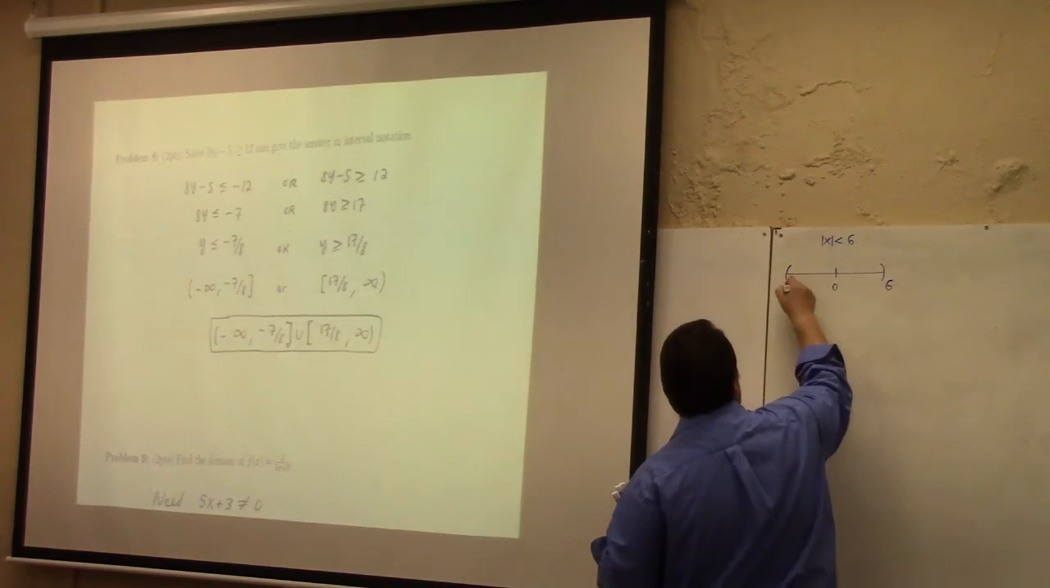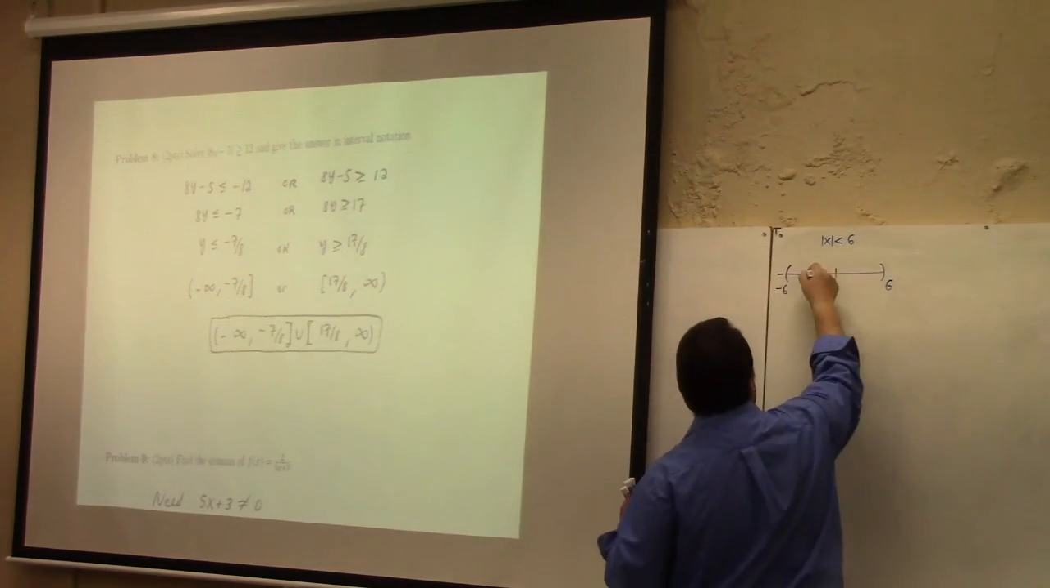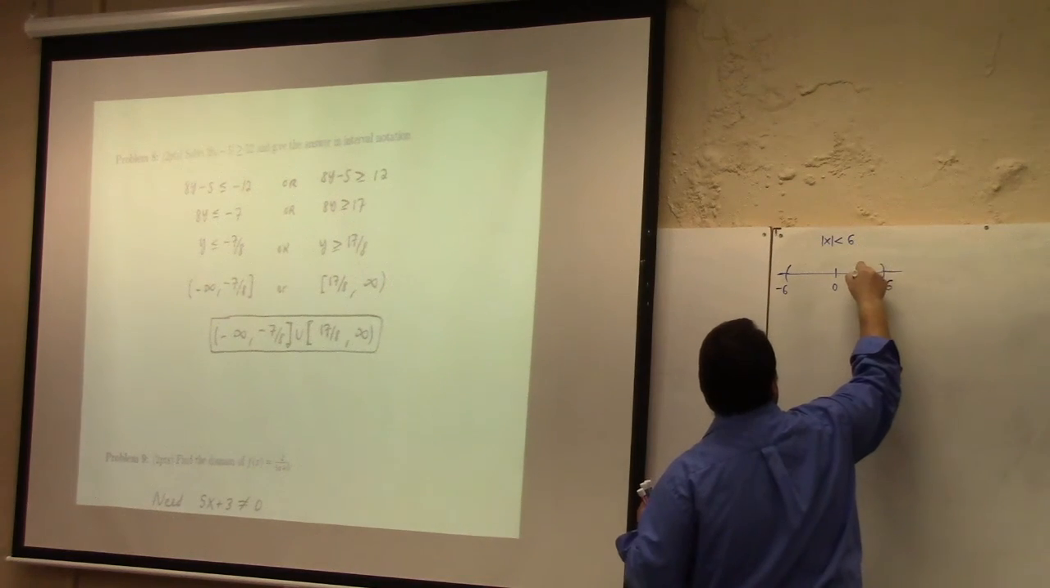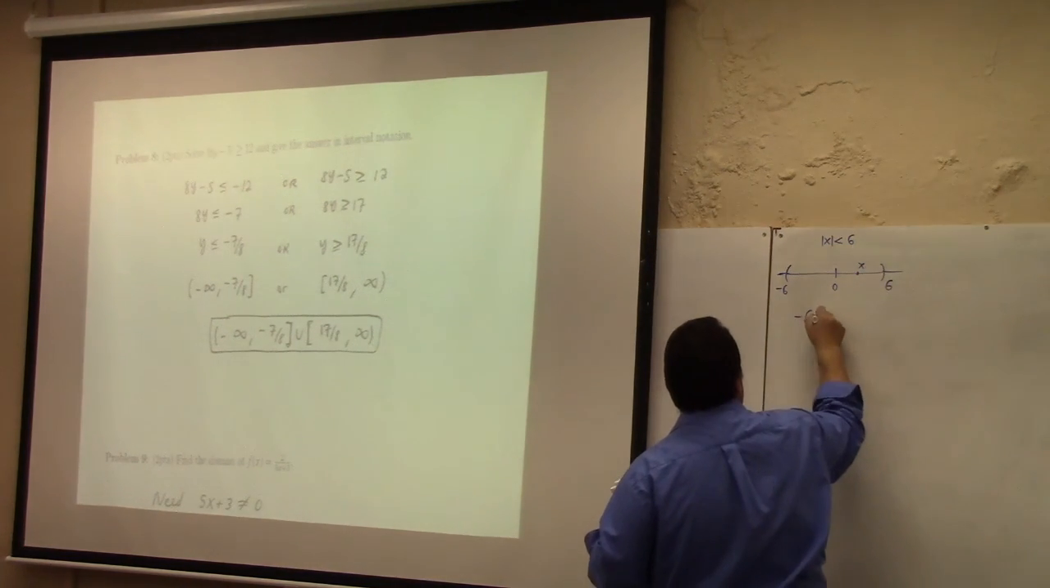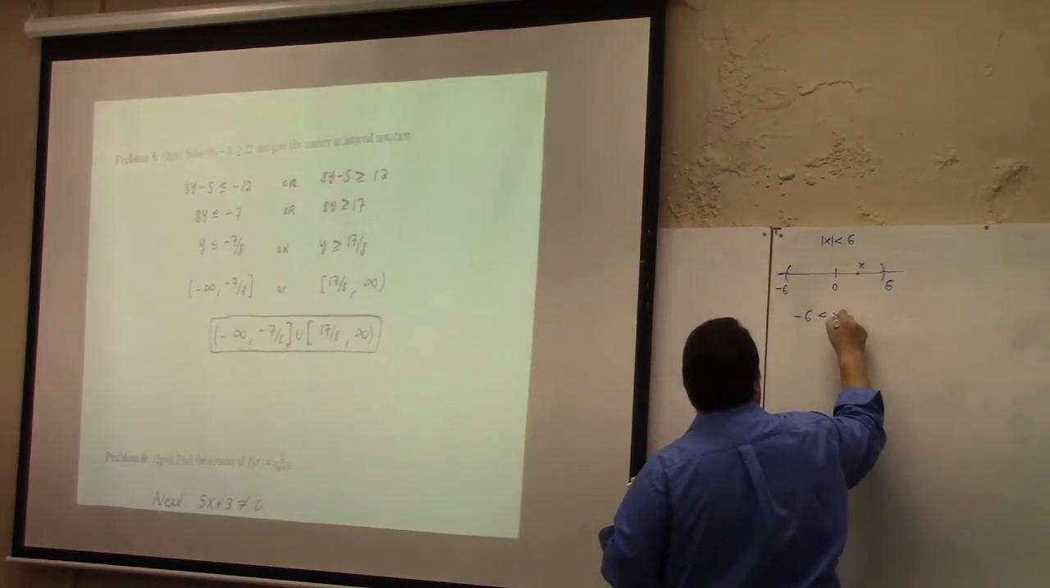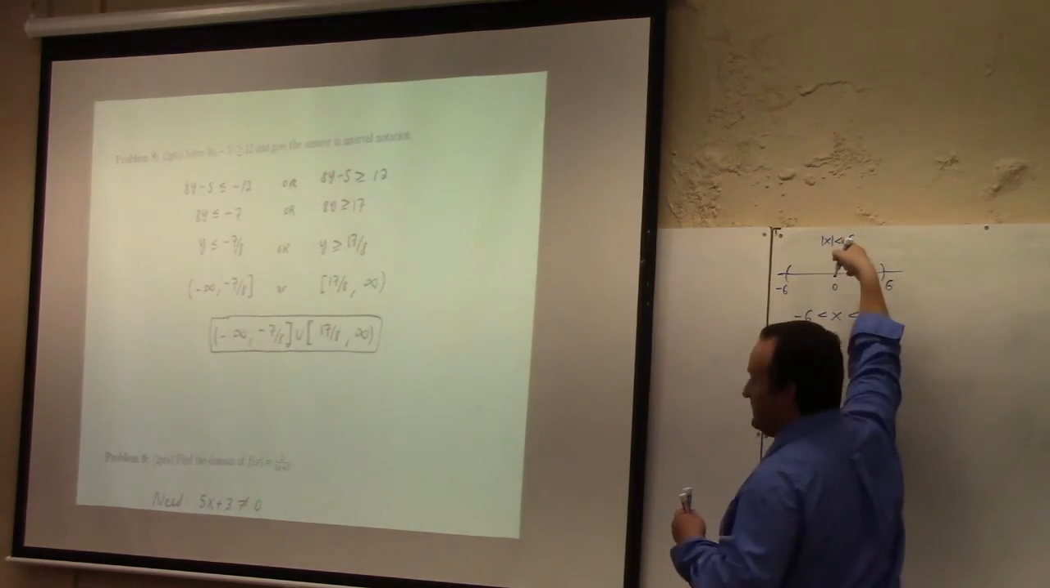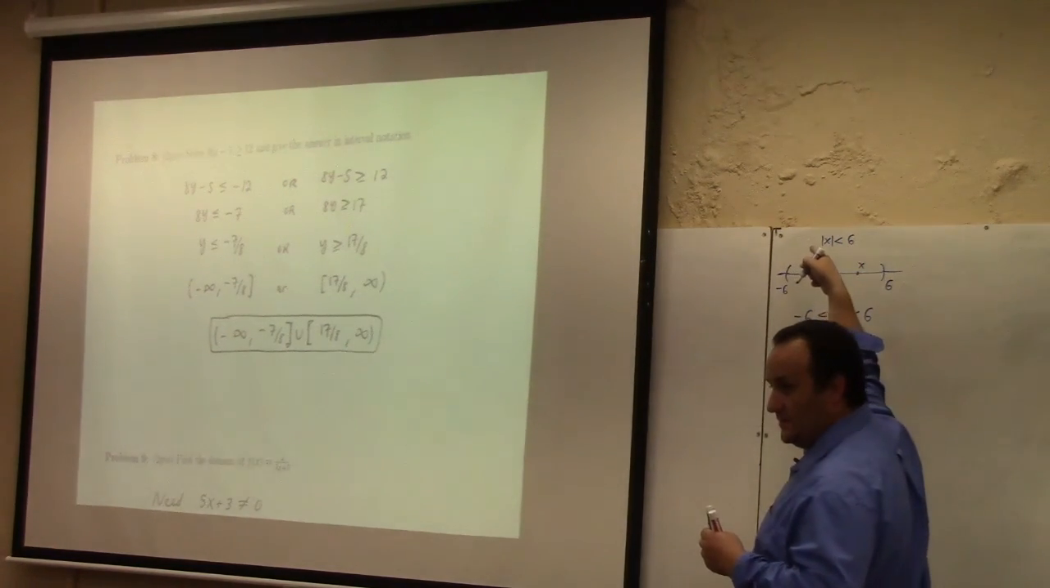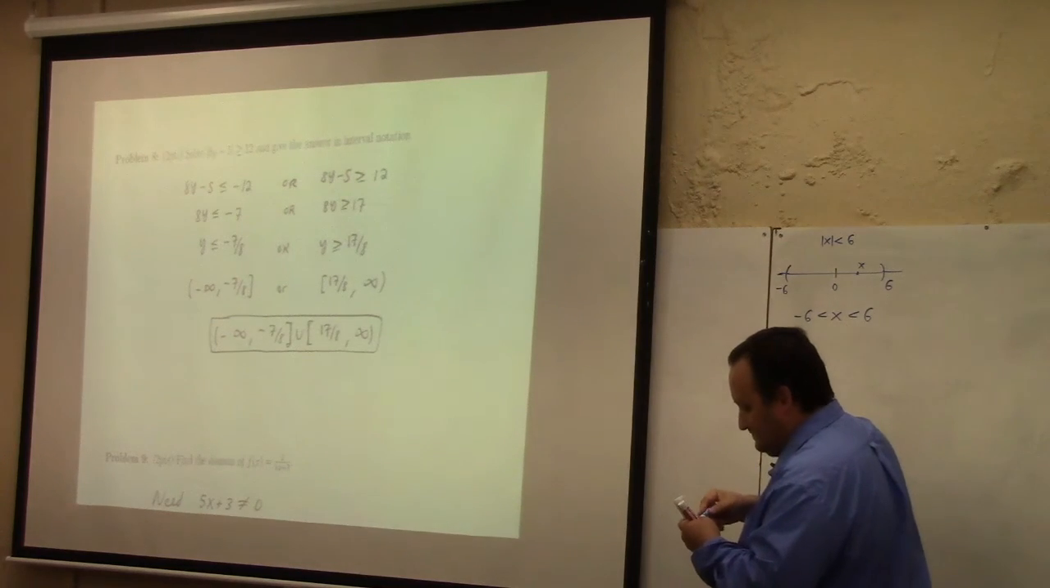So you can go out 6 or you can go back 6, right? And so your x is somewhere in here. So you could write minus 6 less than x less than 6. That would be how to understand that kind of absolute value inequality. In contrast, right,